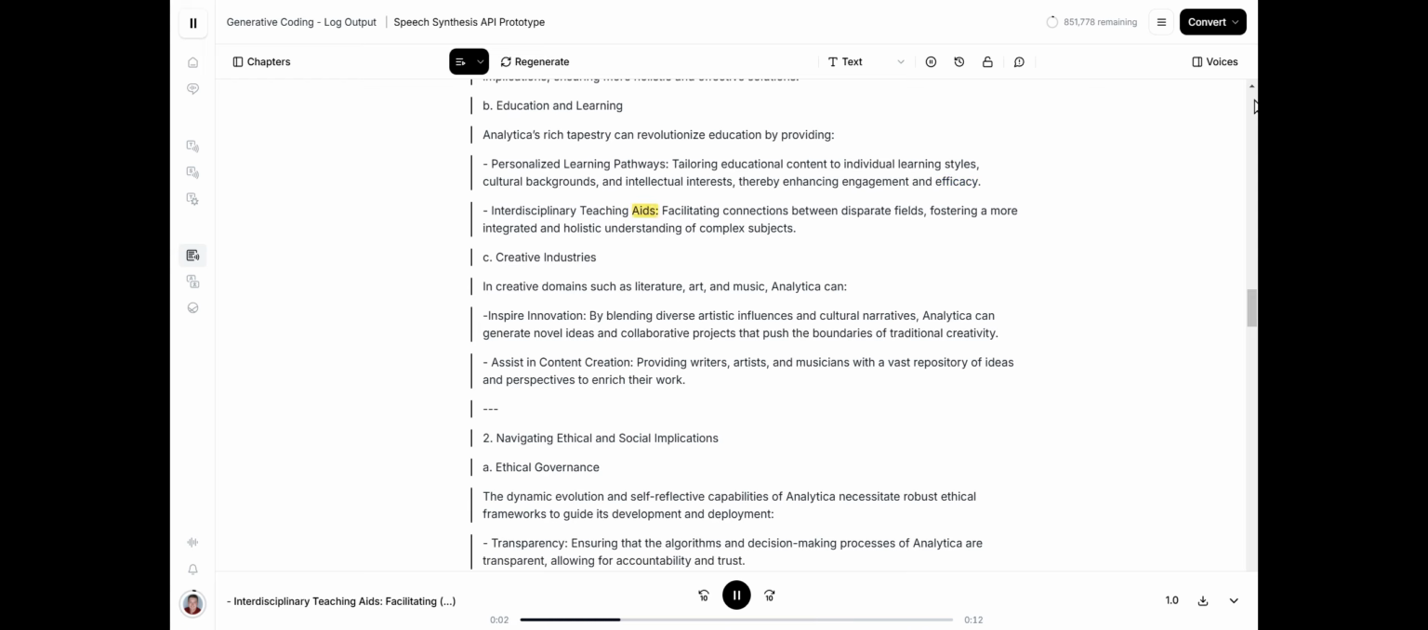Interdisciplinary teaching aids, facilitating connections between disparate fields, fostering a more integrated and holistic understanding of complex subjects. C. Creative industries. In creative domains such as literature, art, and music, Analytica can inspire innovation. By blending diverse artistic influences and cultural narratives, Analytica can generate novel ideas and collaborative projects that push the boundaries of traditional creativity. Assist in content creation, providing writers, artists, and musicians with a vast repository of ideas and perspectives